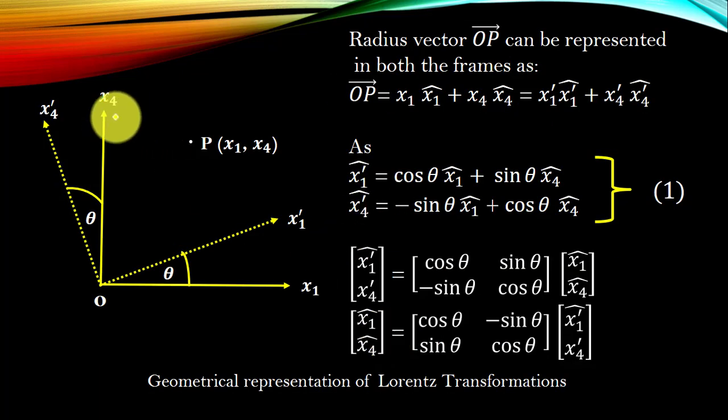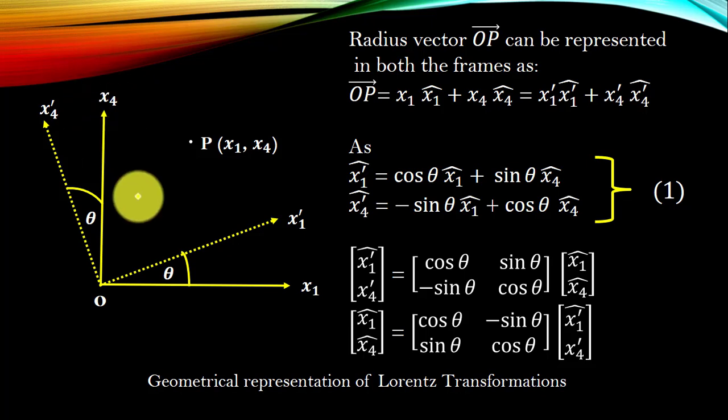So to understand the geometrical representation of Lorentz transformation in Minkowski space, what we are doing here, we are taking two frames of reference. One is the x1 x4 frame of reference. For simplicity, we are taking only two dimensions, but you take it as a 4-dimensional coordinate system whose two coordinates are represented in this 2D format. The other three are perpendicular to it, which are not shown in this figure. So here the x1 coordinate and x4 coordinate are represented in the plane of the paper.